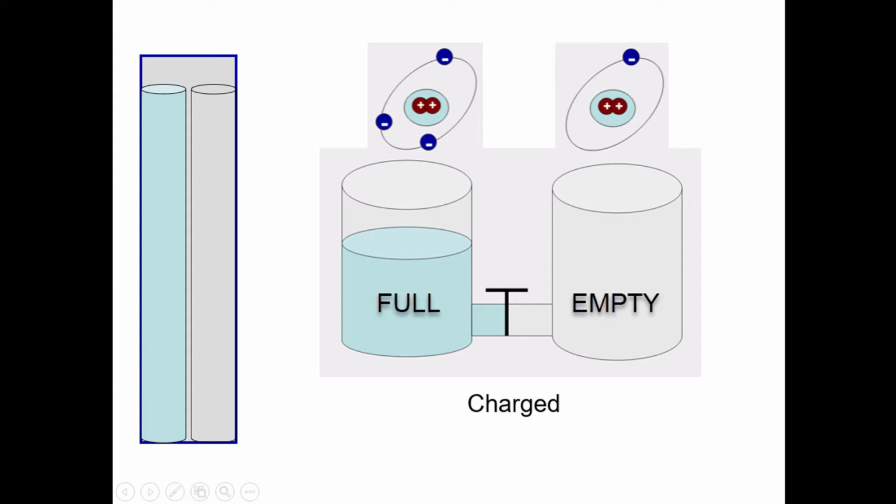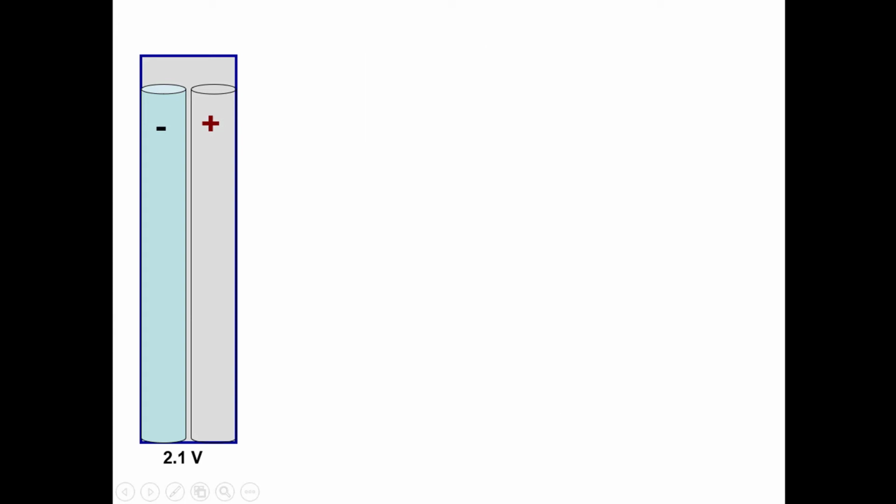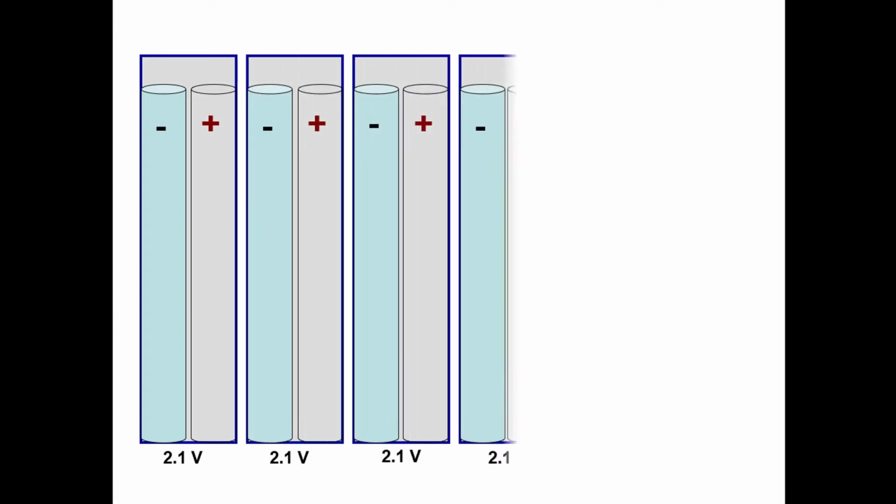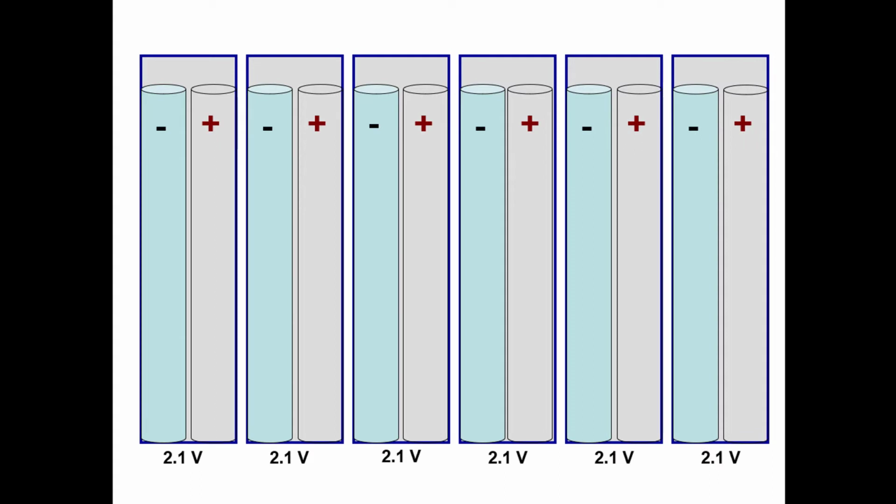So if these were connected through a little tube, anything pushing on that would create a force, right? So imagine those buckets of water. So we have a cell that's 2.1 volts. We have a total of 6 cells connected in series, so the positive plate will be connected to the negative plate